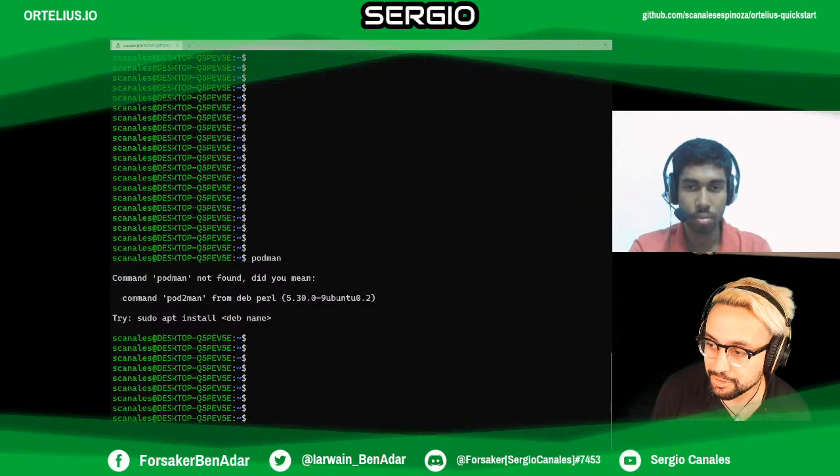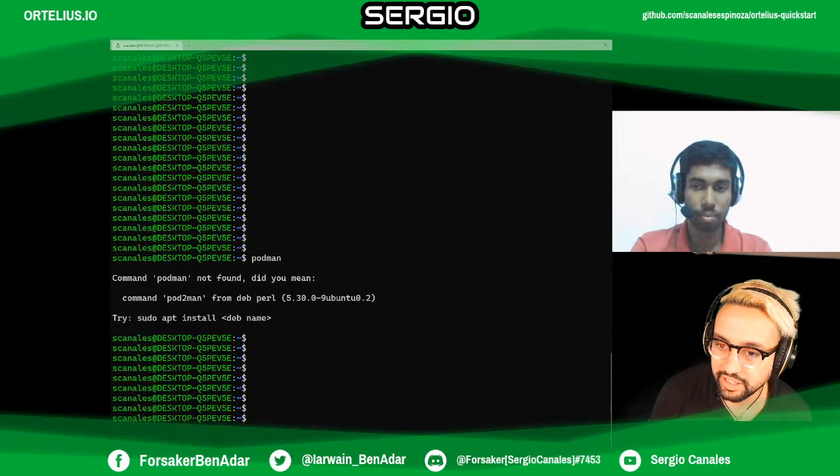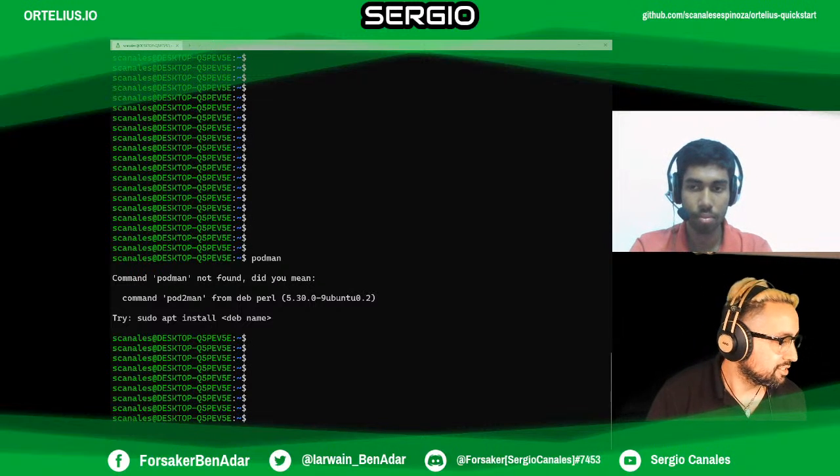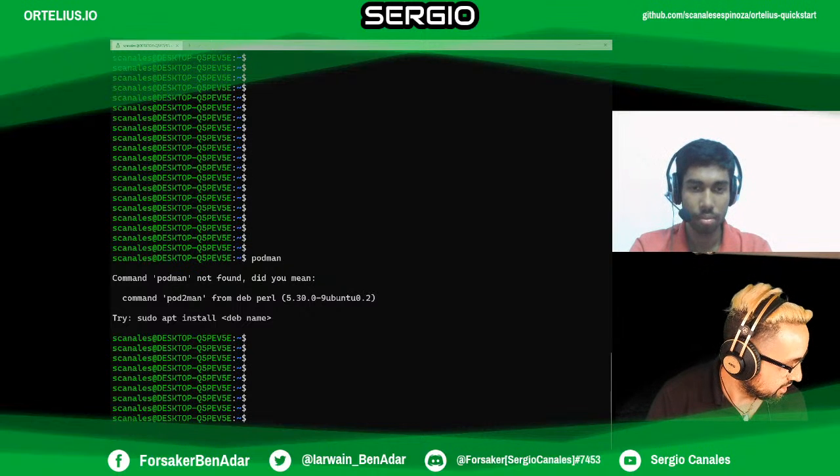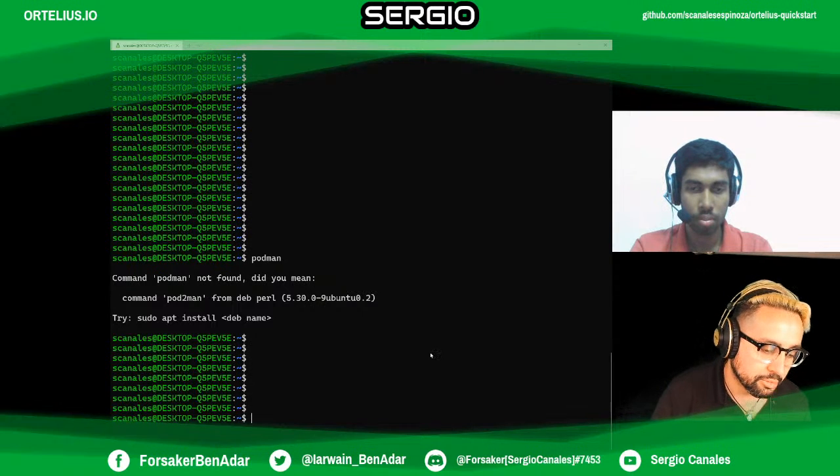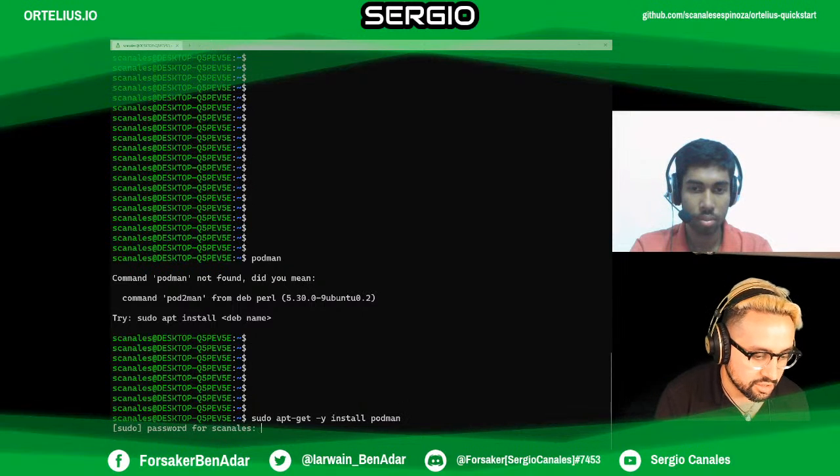So the first thing you ever need in your system is a way to run containers, and today that is usually just Docker or Podman, the most popular ones. Okay, so we are in Ubuntu, so let me install Podman in Ubuntu. Should we work with Debian? Hopefully Ubuntu already has Podman on these systems. So let me check that.